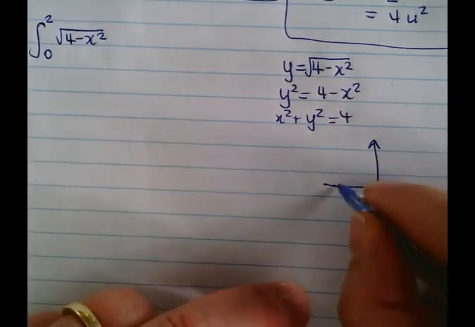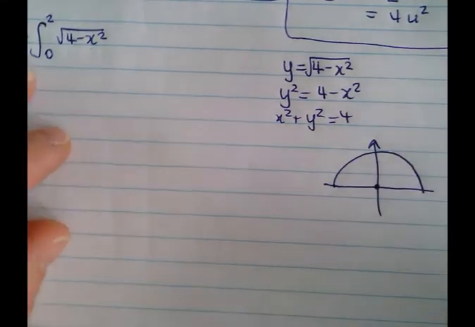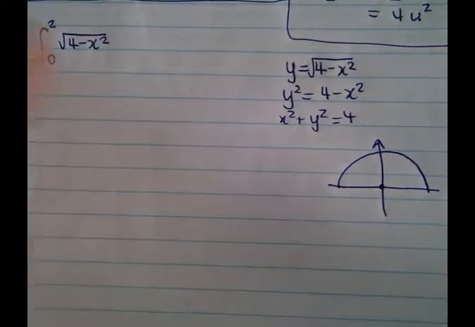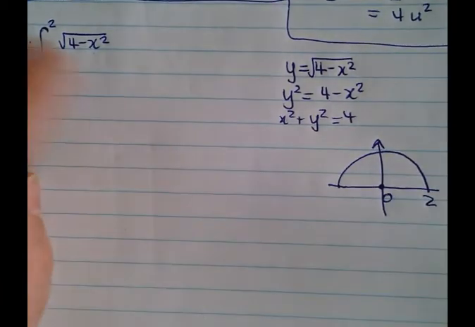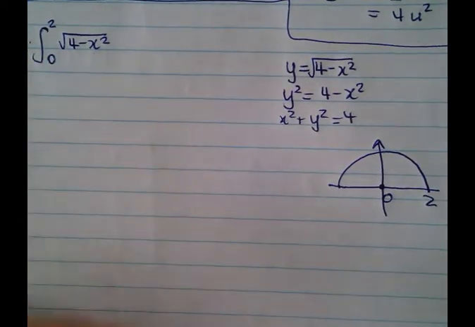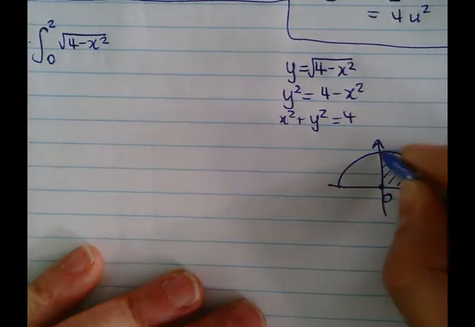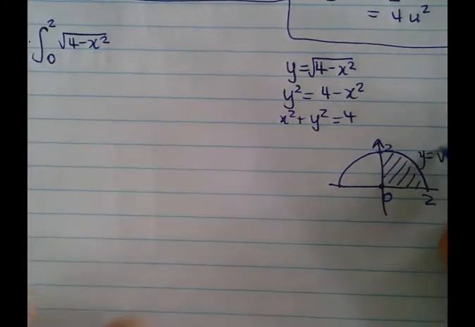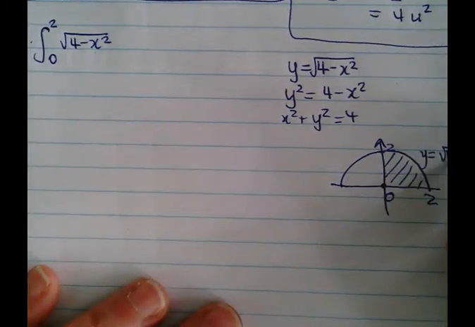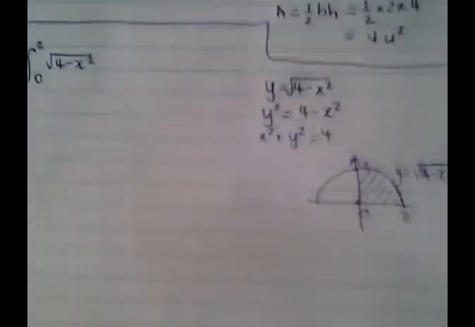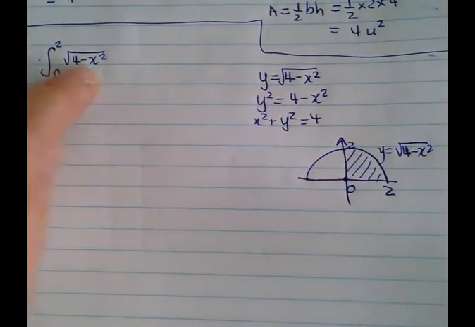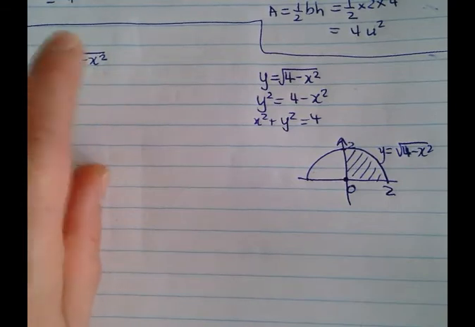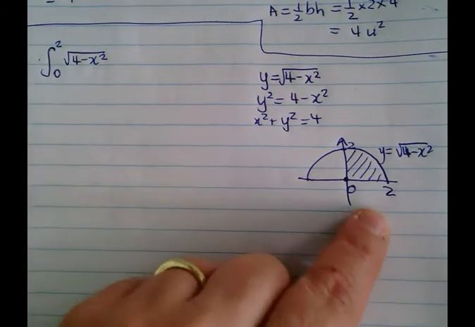What's the radius? So if I ask you to find the integral between 2 and 0 of the square root of 4 minus x squared, I'm asking for the area under the curve of a semicircle between the values of 2 and 0. Do you get that? It's the area. So that is y equals the square root of 4 minus x squared, that curve. But I'm asking you for the integral between 2 and 0 of this. You can't integrate this. You don't have the formula for it. So you have to resort to